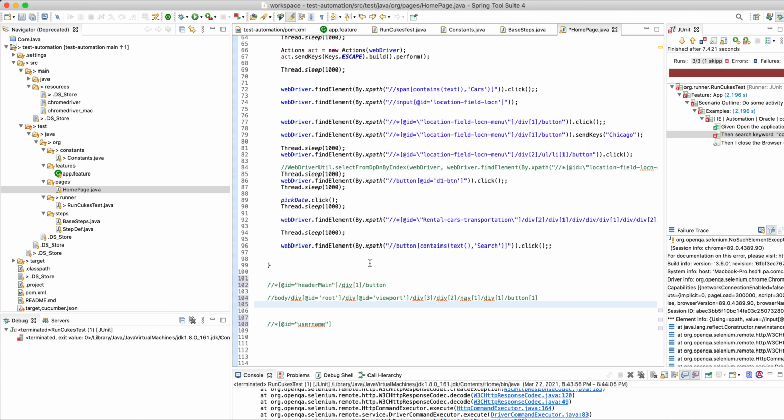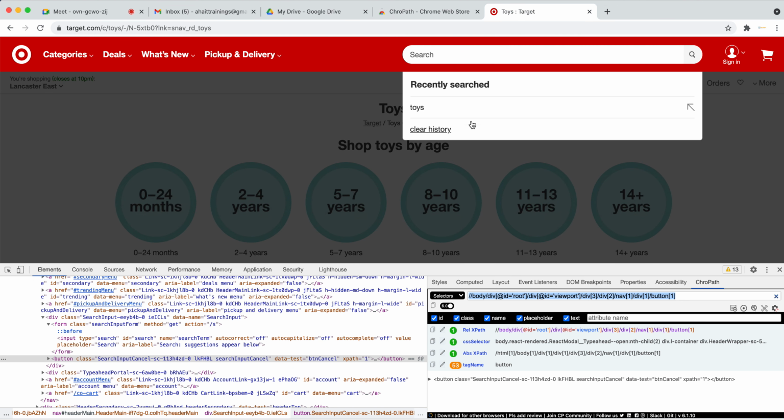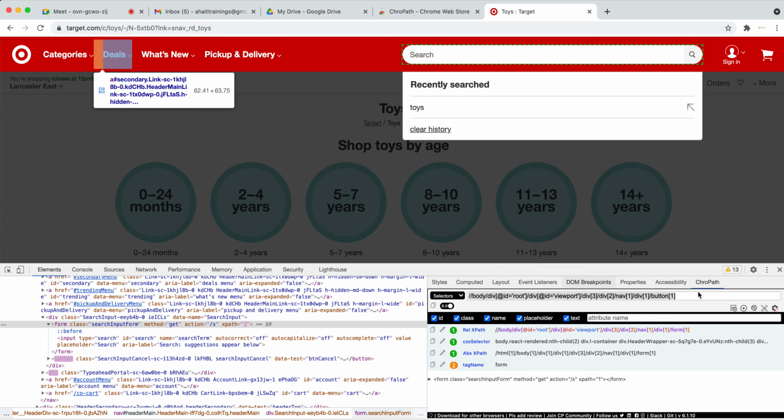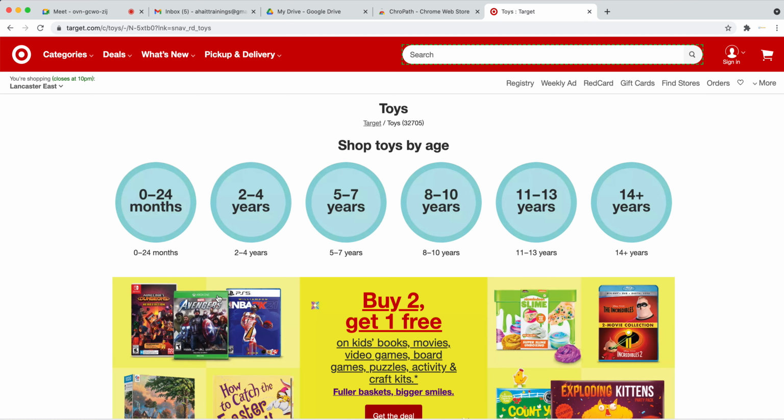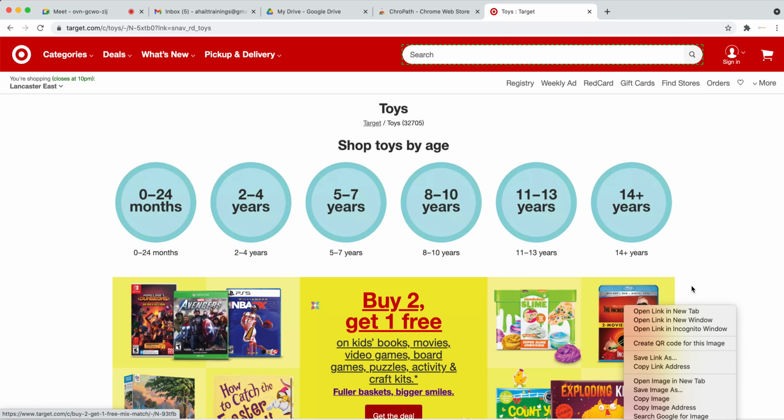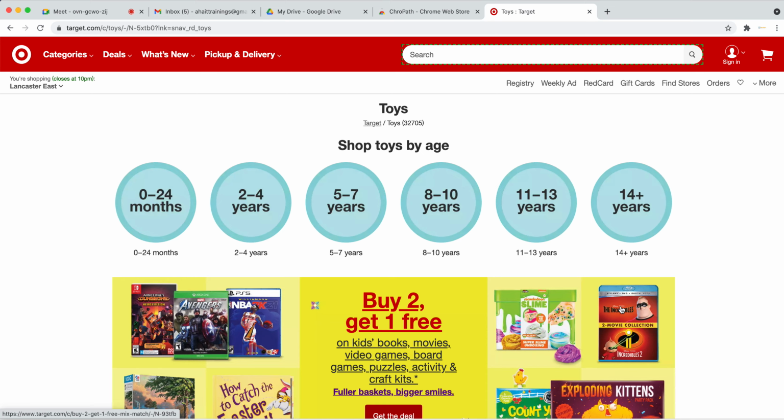No questions? Okay. How do you capture the images and all? Same thing. Just right click and capture. That's what I'm saying, right? Let's see if there is an image. Okay, this is the image, right? Image means there should be a hyperlink on the image. Okay, let's see this. Inspect.